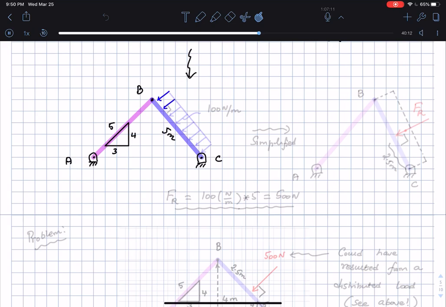Okay, I can say that we have a uniform rectangular distributed loading. Then you see that I can close this side here, and let's say that the load intensity is 100 newtons per meter. Now what you are seeing is that we will do this for other problems, as we solve more and more problems on frames and machines: take a distributed load, reduce it to a simple resultant force. This has been simplified